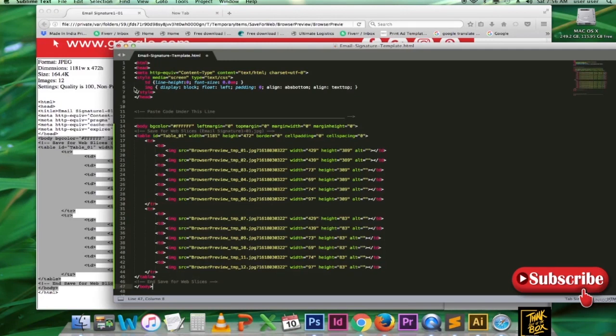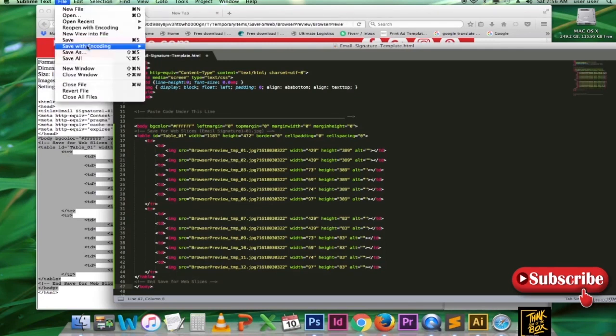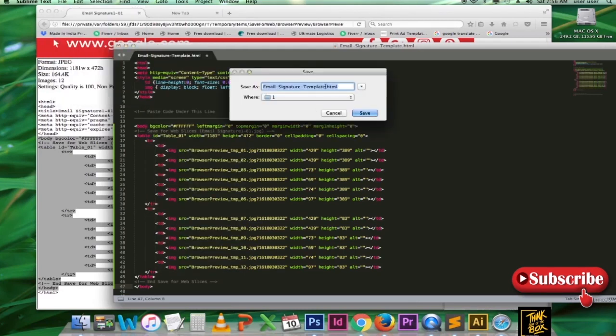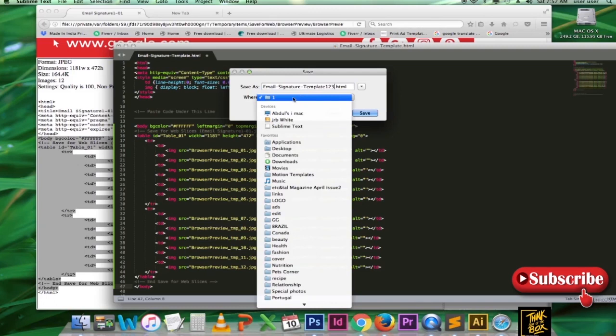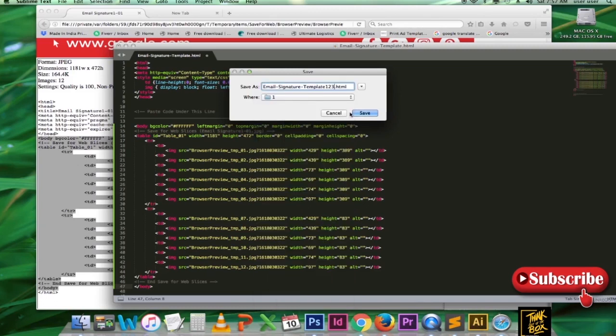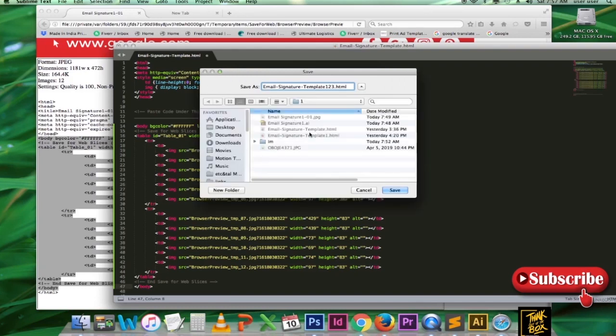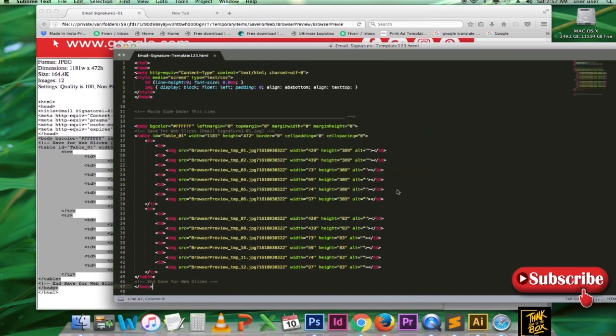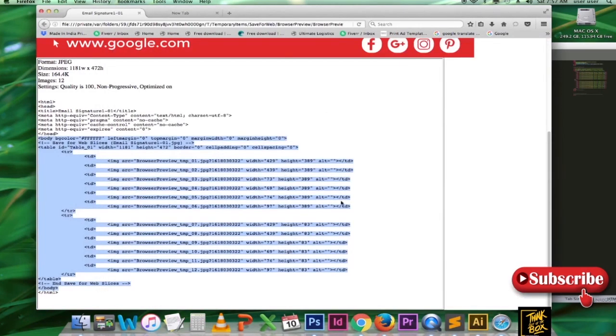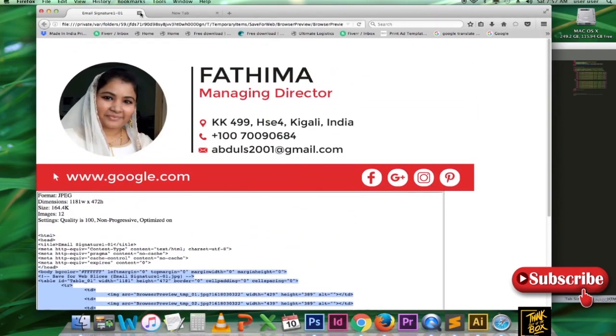Use the same folder, use a different name, and then just save. Now we are done with this browser, just close it.